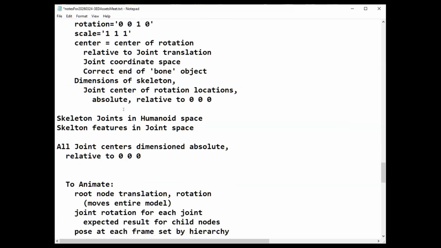So the dimensions of the skeleton, the joint center of rotation values, are now measured absolutely relative to 0, 0, 0. Instead of positioning a shoulder relative to the hierarchy of joints under it, I can measure where my shoulder is and put that center of rotation at the shoulder.